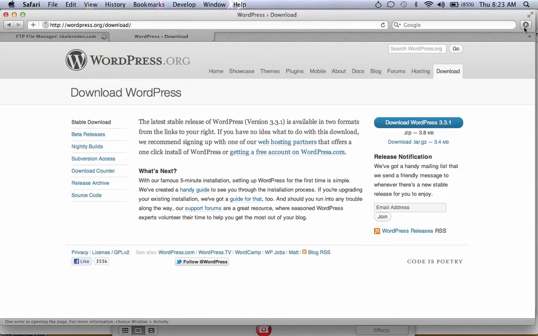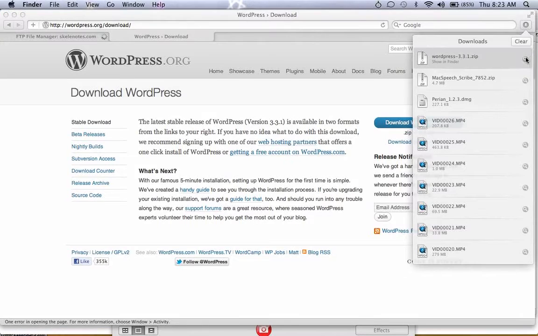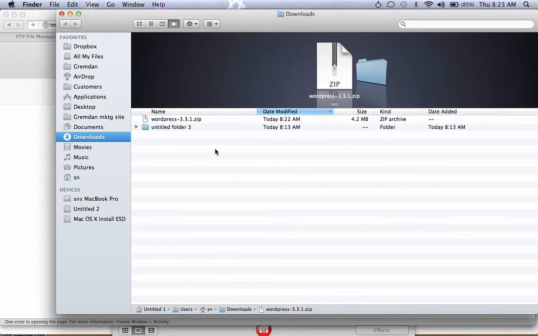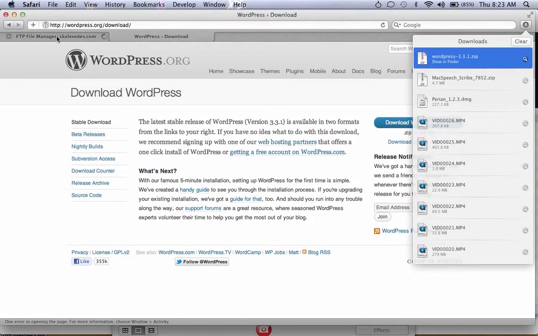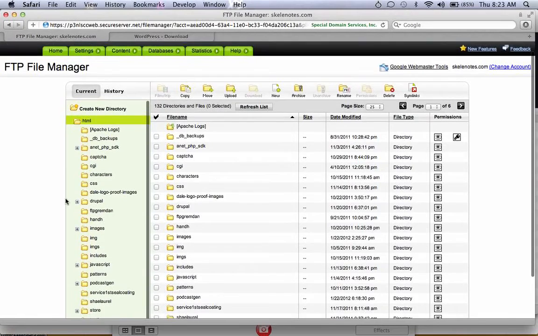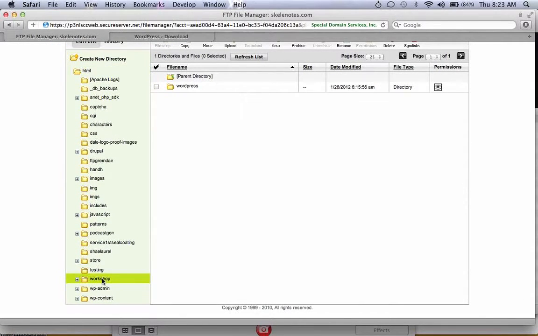And it looks like WordPress is completely downloaded. One thing you'll want to do is know how to navigate your file system to find WordPress, because when you've downloaded WordPress and you're about to upload it, you will need to locate it again on your hard drive. So once we've downloaded it to our computer, we're going to come over here to the Hosting Control Center. I've set up a directory called Workshop,